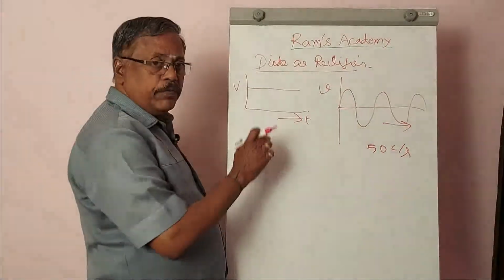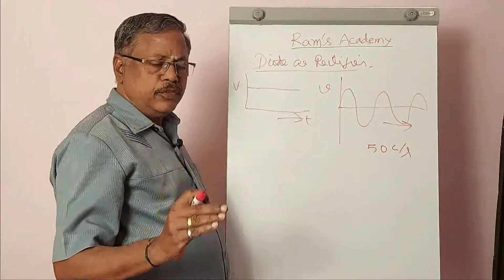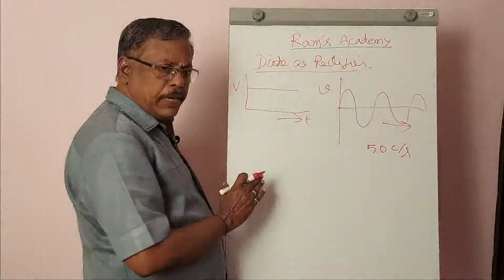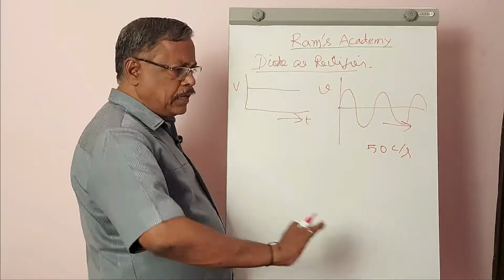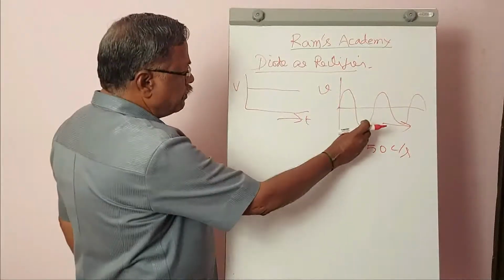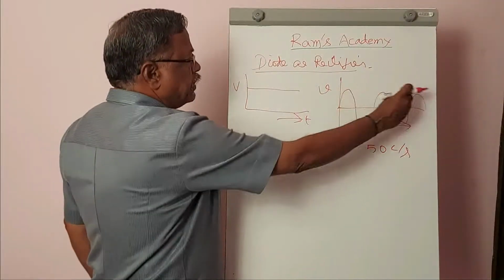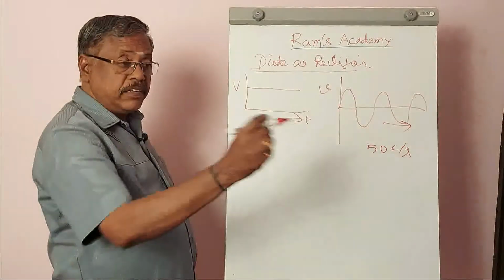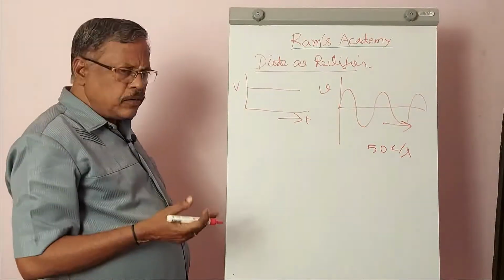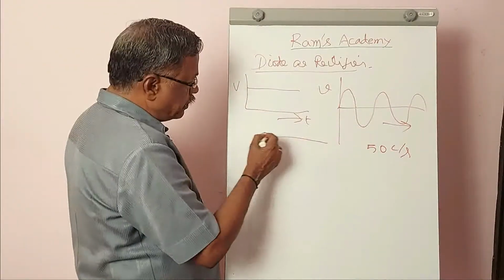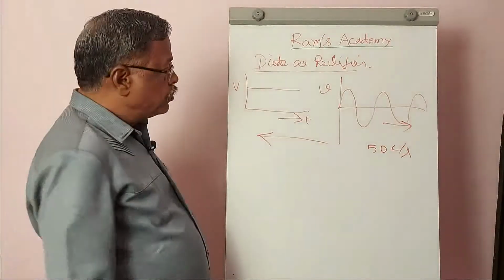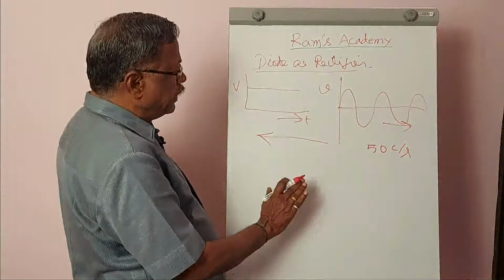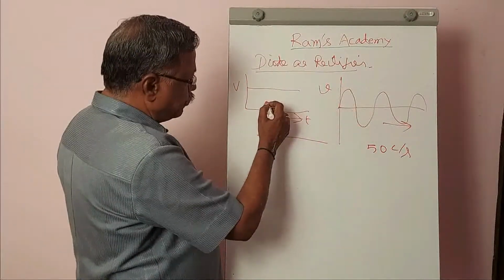This is the one we want for utilization in the radio, TV or any other equipment. If you have a battery, fine, no problem, we can use it directly. But unfortunately, we are getting a waveform like this only. With this, we cannot operate a DC equipment or a television receiver. So this has to be converted to this. This conversion has to be done somehow, so this has to be rectified to this.